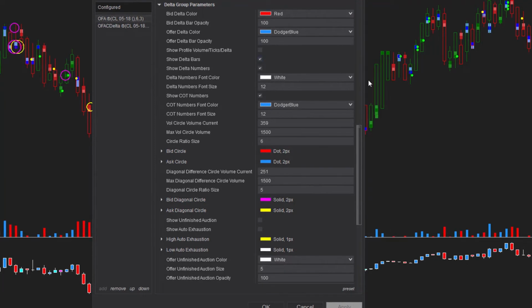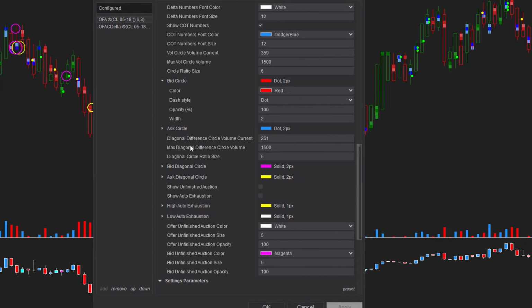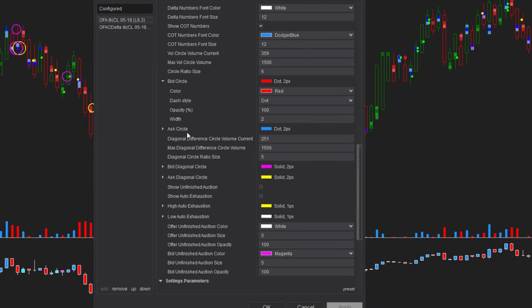The next section I'm going to cover here is two of the main features of this add-on, the two types of volume circle analysis that have been provided. The first of these is the bid circle and the ask circle. These represent the horizontal volume at price, either at the bid or the ask, and the filter of volume that is set according